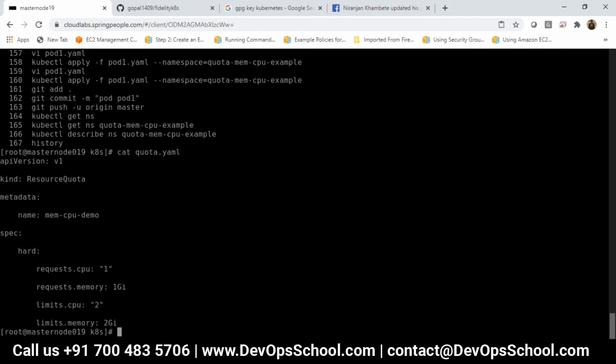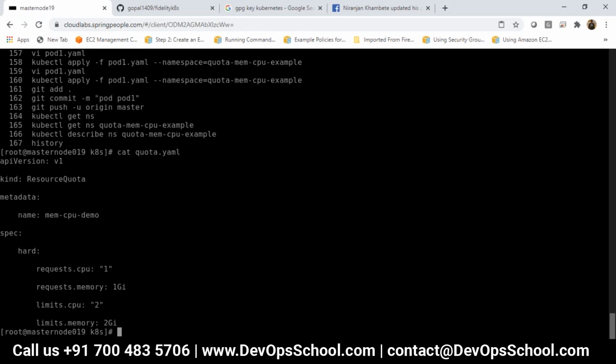In a pod there will be multiple containers. There also I have defined a resource limit so that they should not consume more memory or processing power. So I have defined one resource quota in my namespace, then inside my pod also I have defined resource limits.